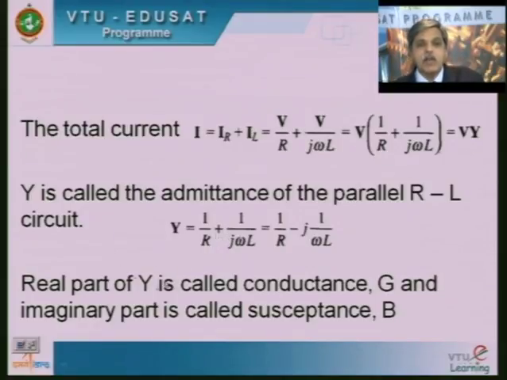So the real part of Y is called here conductance, it is the reciprocal of the resistance, and the imaginary part, that is the term where j is there, is called susceptance. Now this susceptance for the case of an RL circuit is because of inductance, therefore this B, which represents the susceptance, I can call the inductive susceptance or the susceptance due to inductance. Now here I have just given the first line: the total current has two components, the current through the resistor and the current through the inductor, and the voltage across these two elements which are in parallel is the same, therefore the term V is common in this expression.